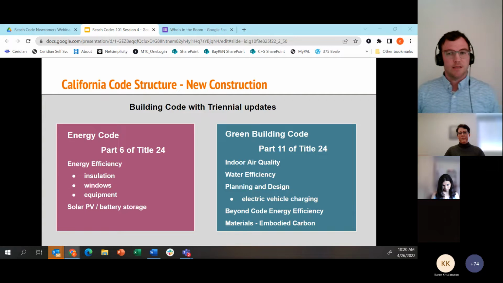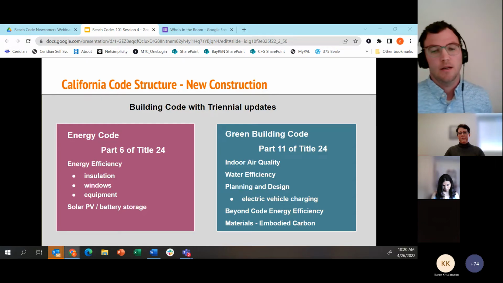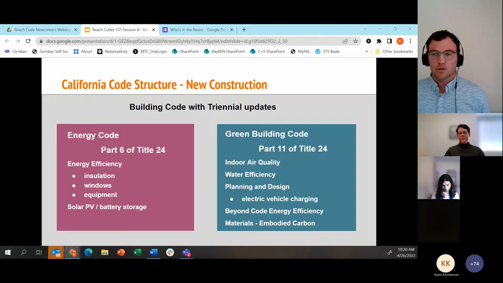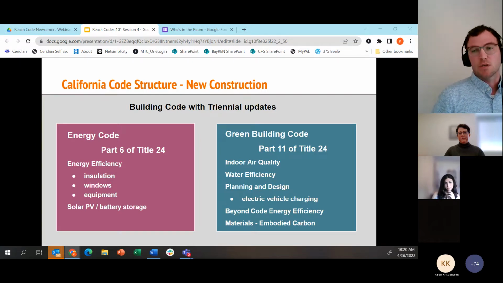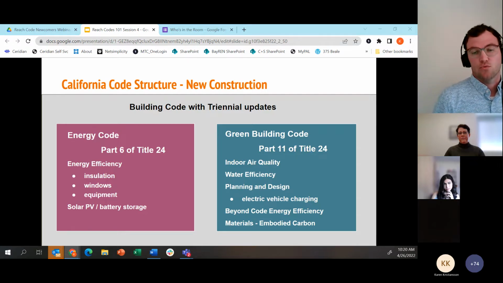One of the things that both of these parts of Title 24 have in common is that they are updated triennially, every 3 years. And importantly, reach codes that local jurisdictions adopt are in a sense tied to either of these codes. So they must be readopted every 3 years as part of the process to be tied to the most recent version of the code.